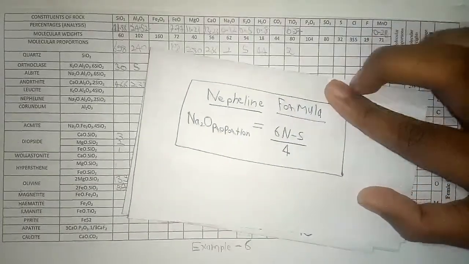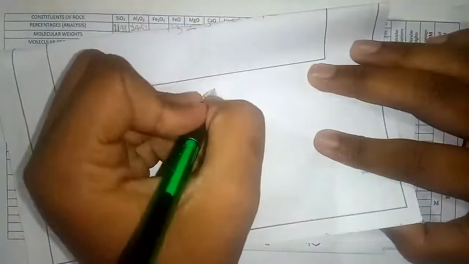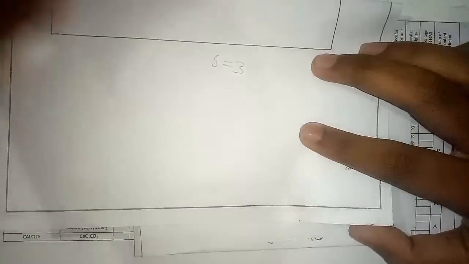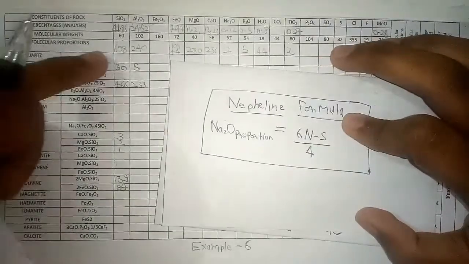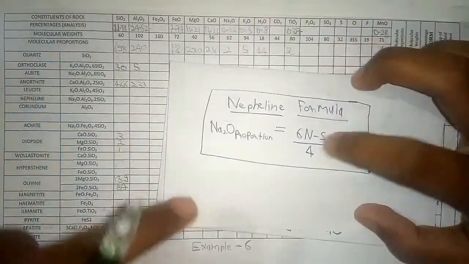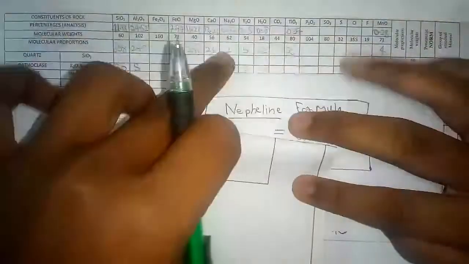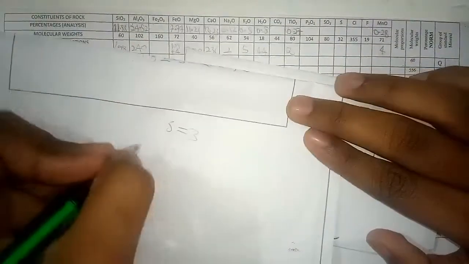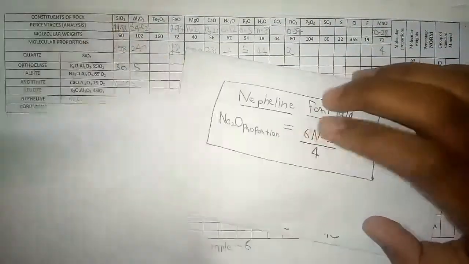So I will note it down. The value of S is 3. We have calculated it from here, 698 minus all these values. Now we want N. The N value is 2 because we have rubbed this albite line fully. So N was 2 and it is still there. So N equals 2.